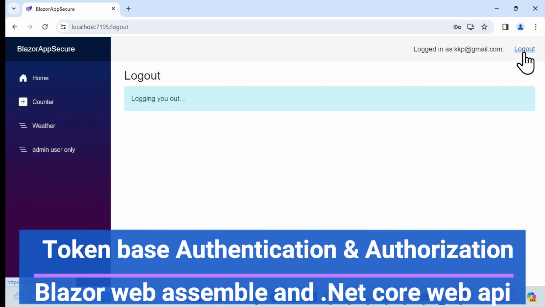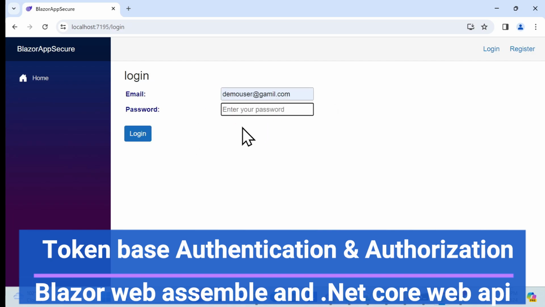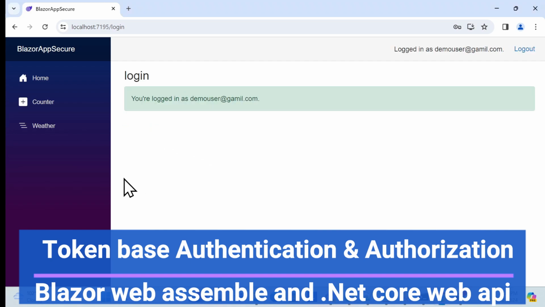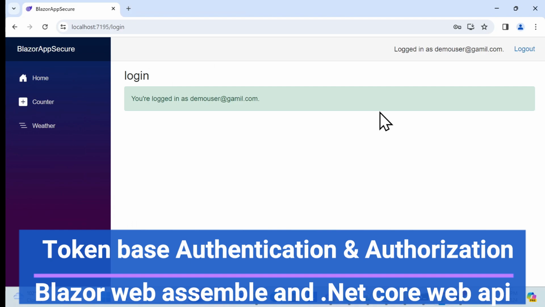And if I log out, you can see clearly it is logged out. And also if I log in with this normal user, for example this, this time that screen should not be visible, right? See, that tab, that admin screen, will not be visible. So it's perfectly working with this bearer token authentication and authorization with the .NET Core Web API,